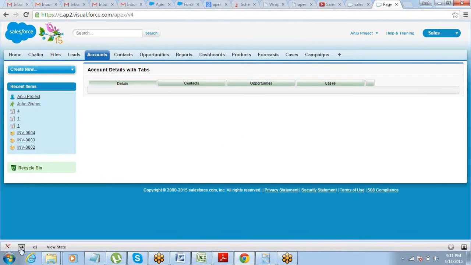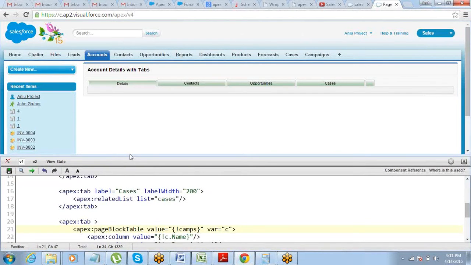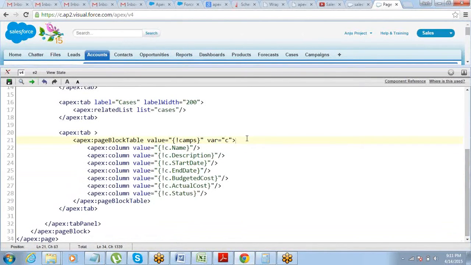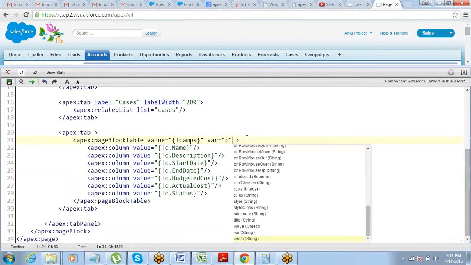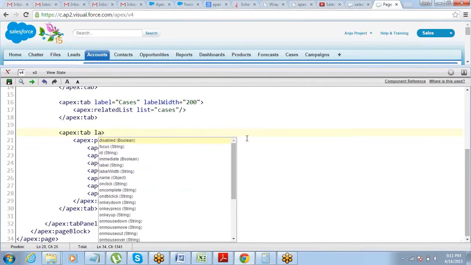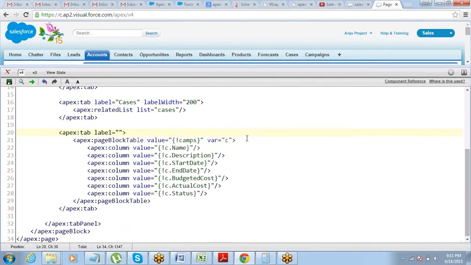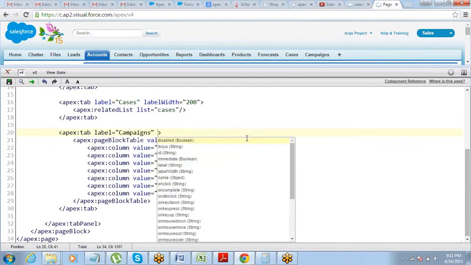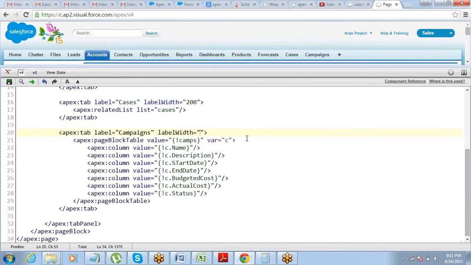We have to give a label to the last tab, campaigns, and a label width also, maybe 200. That's it.